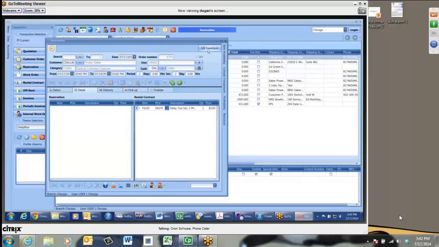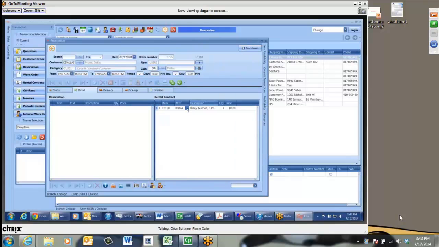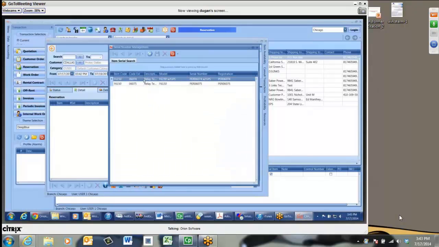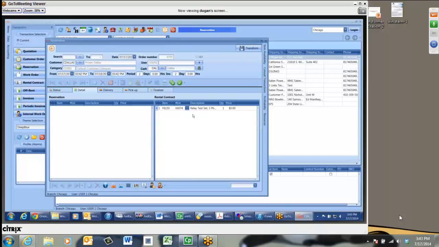Because there's only one that showed up, does that mean there's only one in that branch? Yeah, I think there were two that showed up. Yeah, so the one line was highlighted, but that means there are only two available in that branch. Oh, those are the two that are available, basically. Okay, now